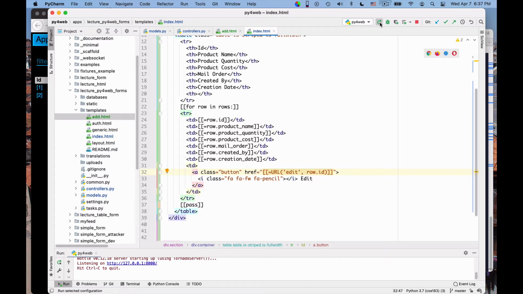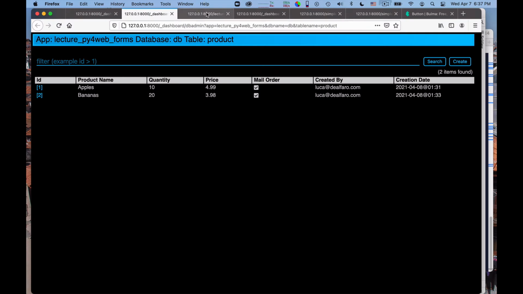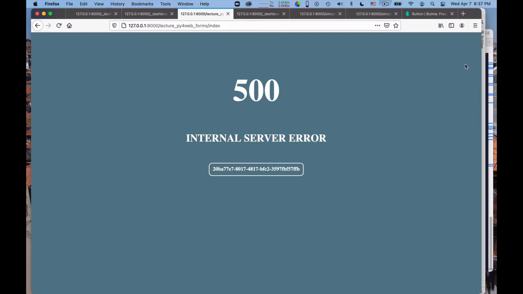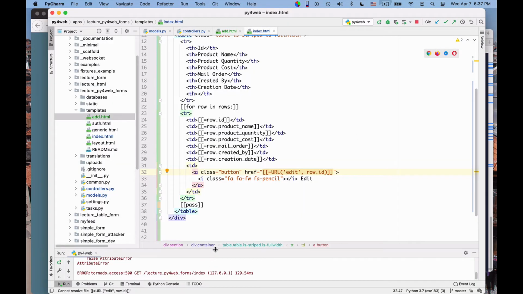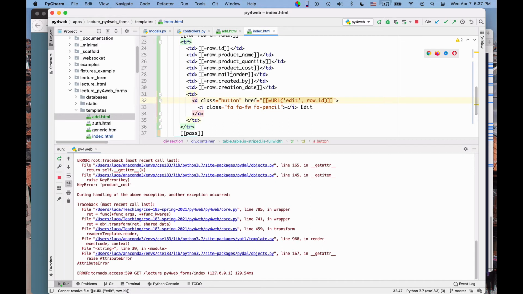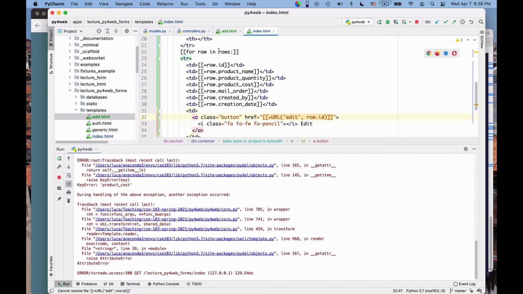I need to restart. Okay, watch for errors always. Okay, no errors. So if I go here, I should now see that I have an error. So where is my error? I go here, and it's in the template. So there is an attribute that I do not have. This is one of these slightly annoying errors, and so what I have to compare is essentially these attributes with what I'm actually given.